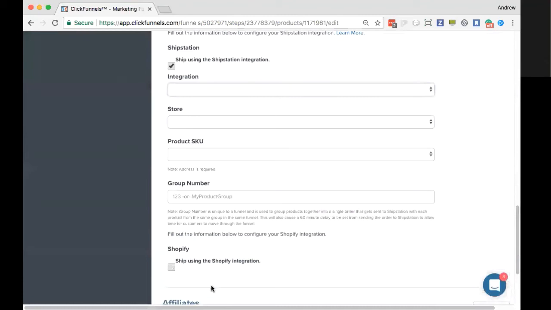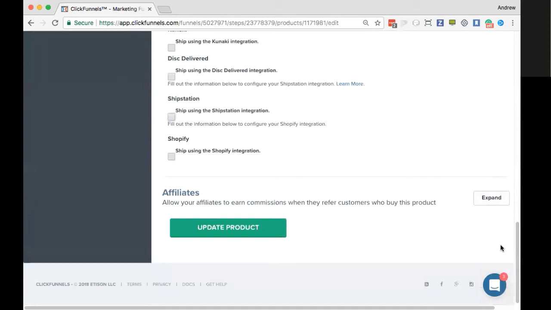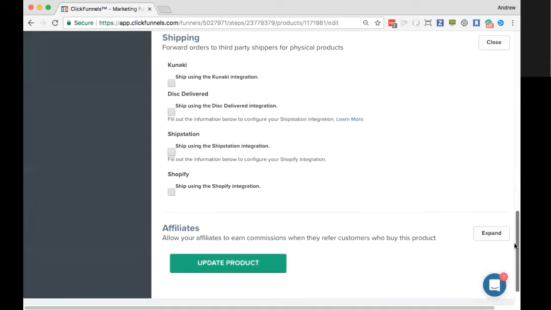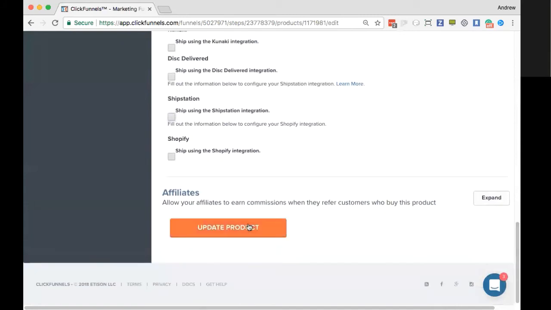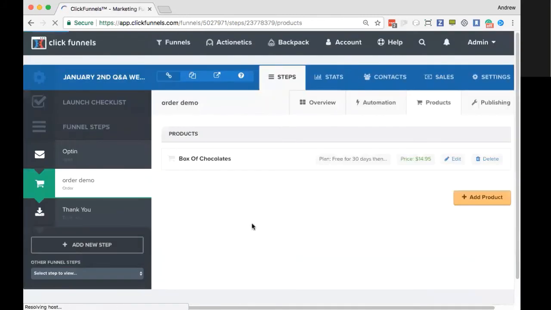I don't have anything set up in the demo account that I have integrated with my account for ShipStation, so there's nothing showing up. However, you just simply populate all that information there, or you drop ship it from wherever you're sending it from, then update that product, and away you go. It's simple as that. And then get to marketing, and you'll get, in this case, $14.95 every 30 days, and then go from there. So hopefully that helps.